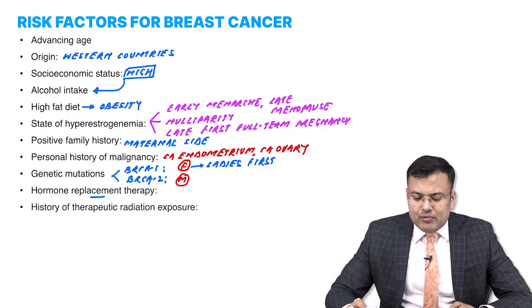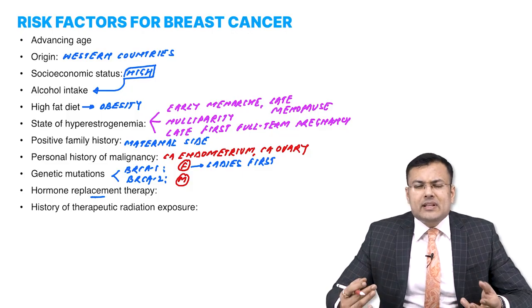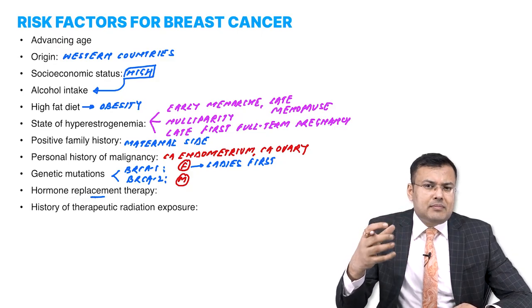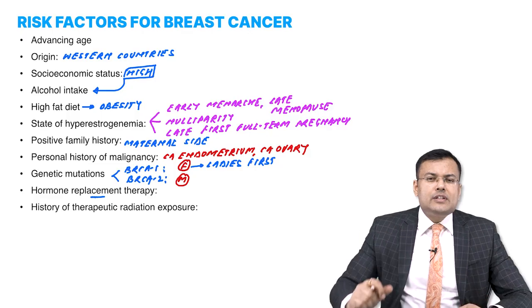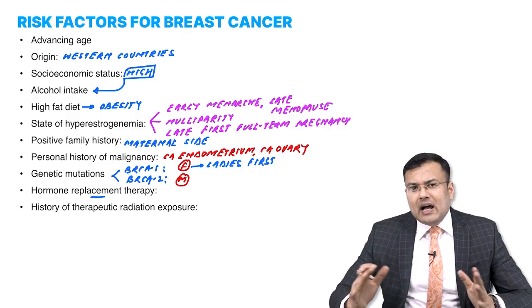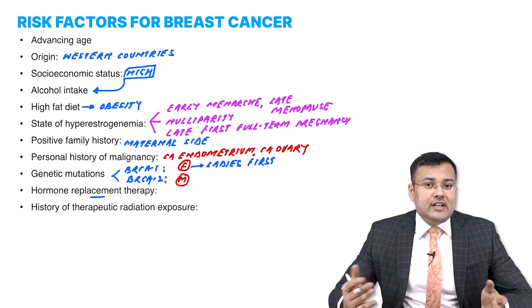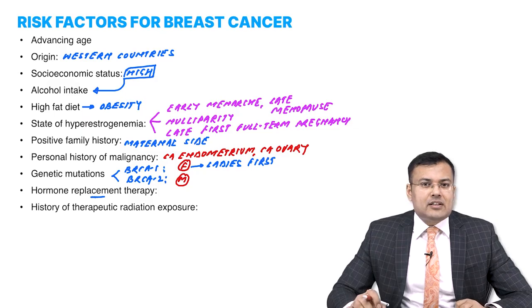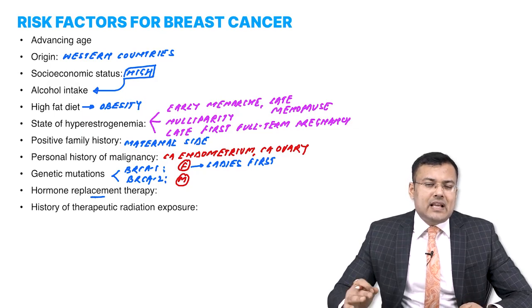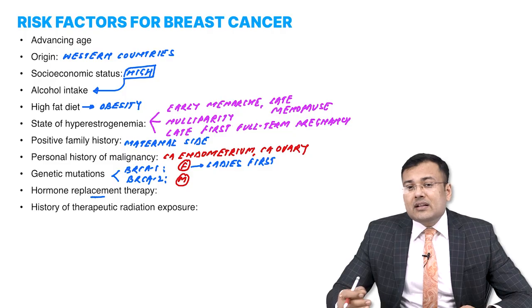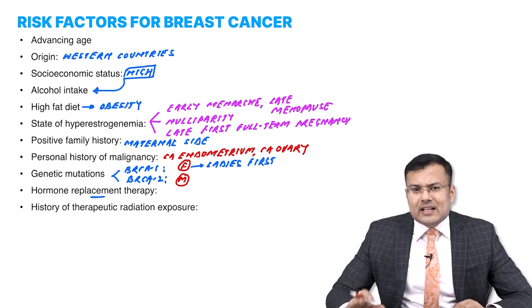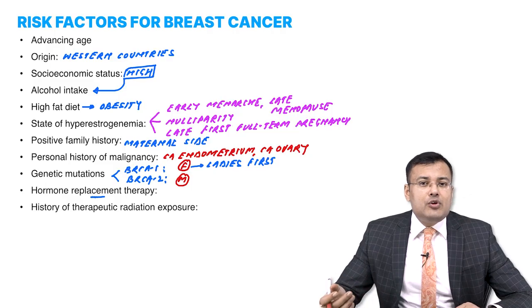And history of therapeutic radiation exposure. What do you mean by therapeutic radiation exposure? Whenever we are giving radiotherapy in some malignancy, usually the dose is 40 to 60 gray. This high dose radiation increases the risk of breast cancer. So these are the risk factors for breast cancer. OCPs as well as smoking are also considered risk factors, but not significant ones, though they do increase the risk